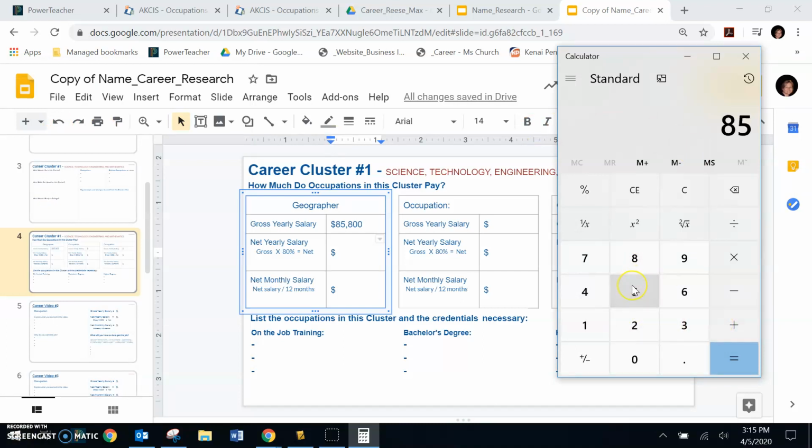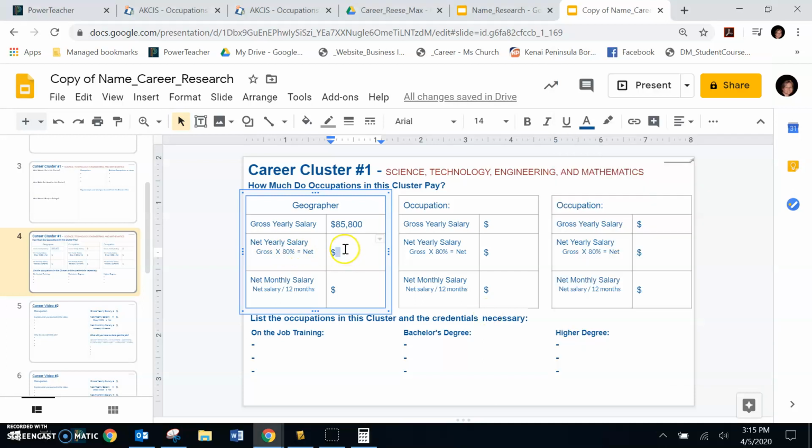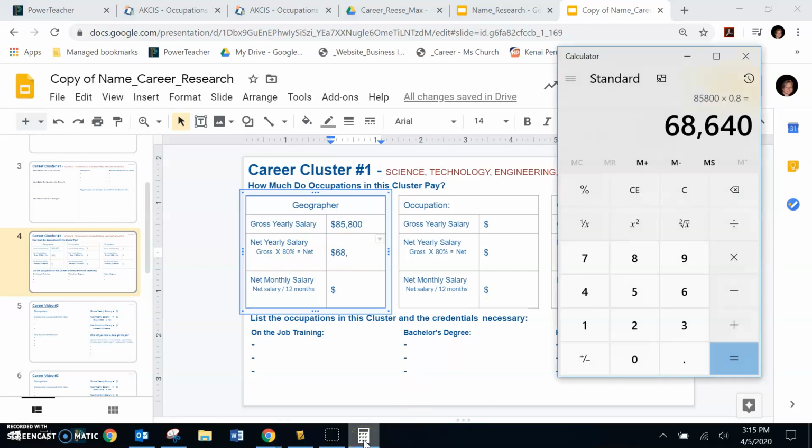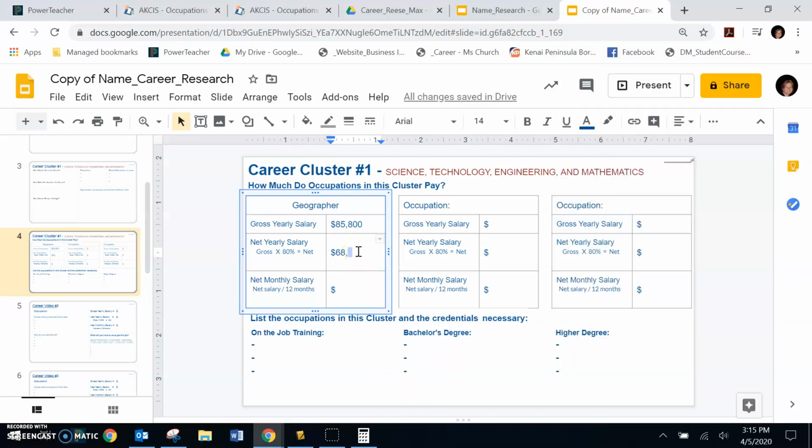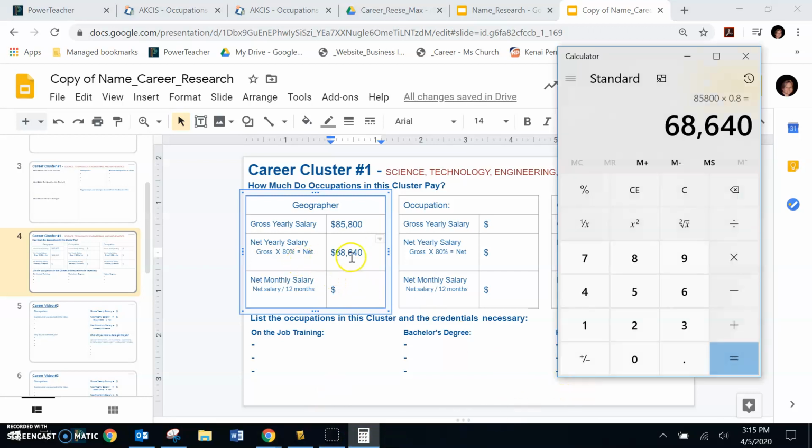And I have 85,800 is my gross pay before Uncle Sam touches it. Beginning of the month, Uncle Sam is going to take 20%. So I'm going to keep 80%. So I'm going to multiply that by 0.8 because we get to keep 80%. And we equals 68,640. Great. So that's 68,640 for my net